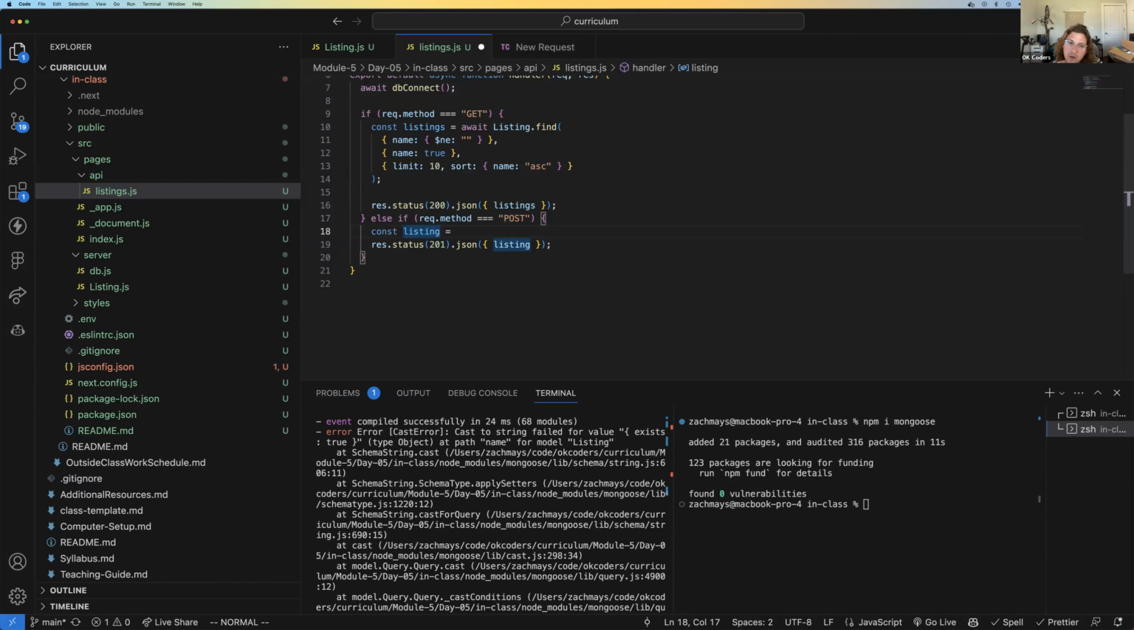So since we defined the schema, it's only going to let us add the properties that we've specified. So we can kind of play with that and see that in a second. So we're going to call this new listing, and we will do